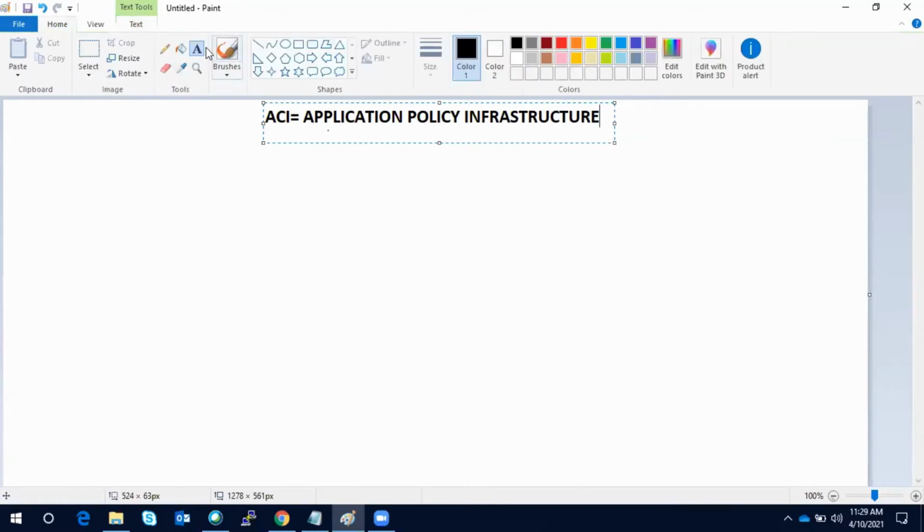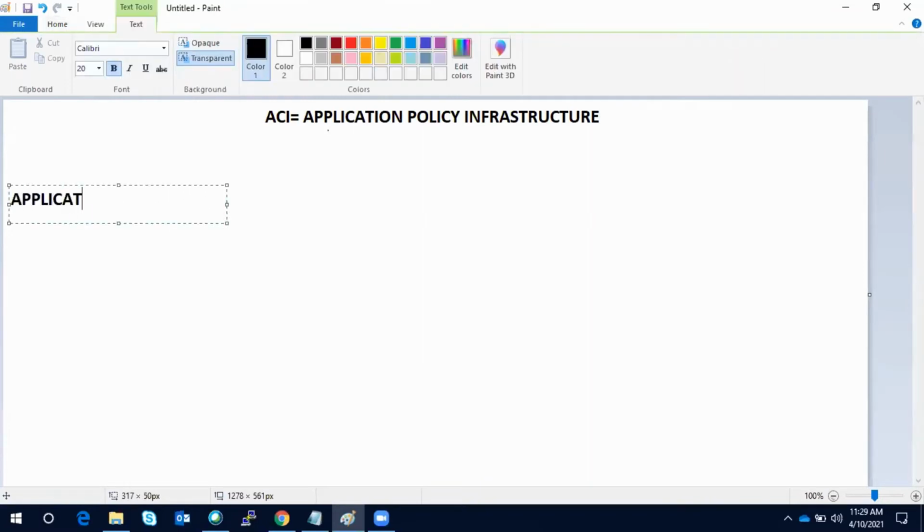With respect to the application, we have three tiers: web, app, and DB. Web servers are front-end servers.